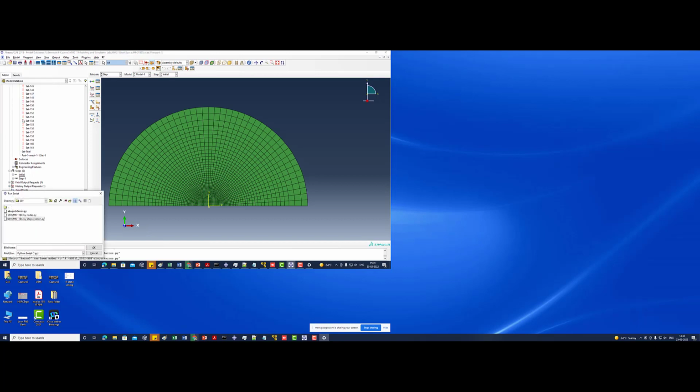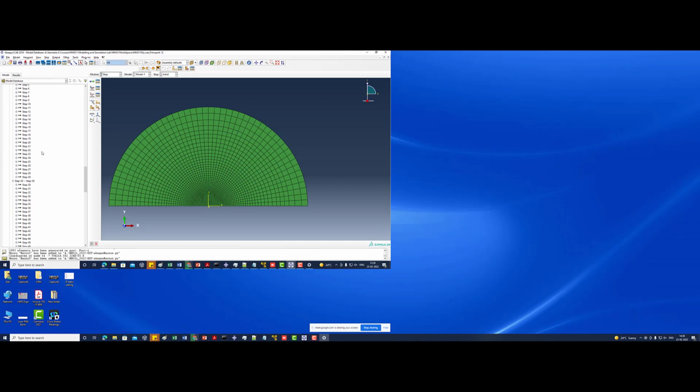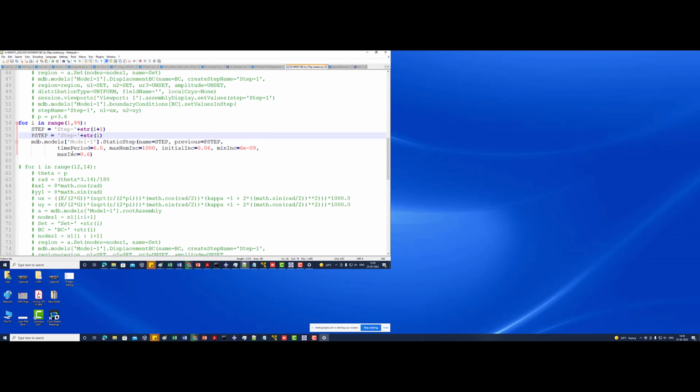So these kinds of syntax problems keep on coming. So it has worked. Now you see steps 2 to 100 have been created. Step 99 has been created. If you have to create so many steps, you can do it by using this code. How did I make this piece of coding? I didn't know the syntax for this,